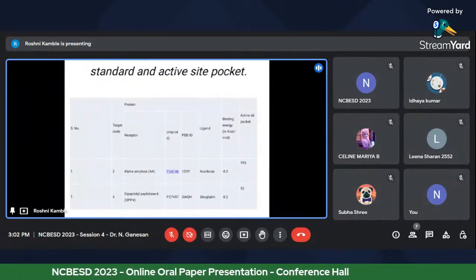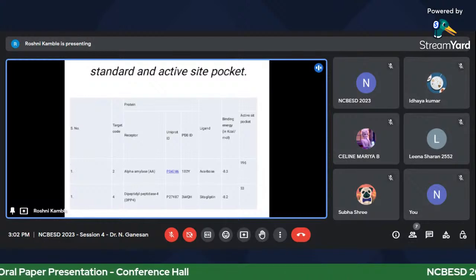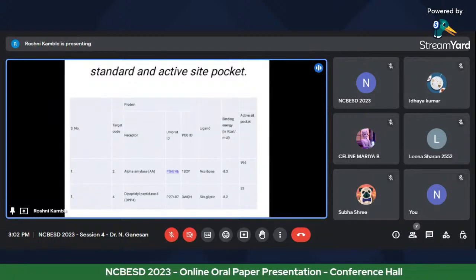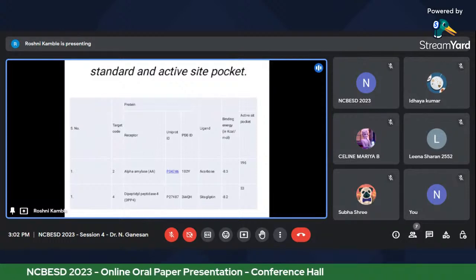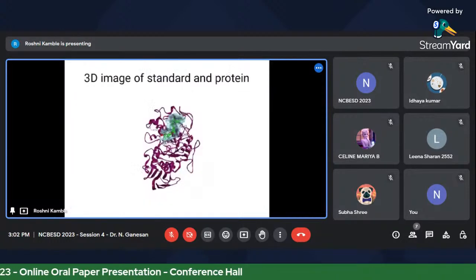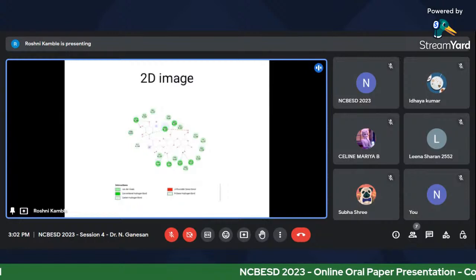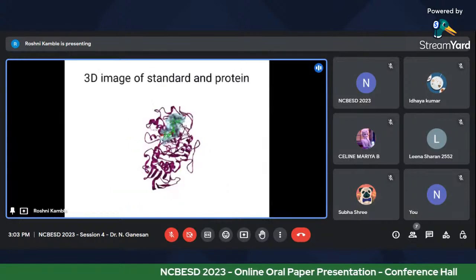Standard and active site pockets for alpha amylase. The binding energy was minus 8.3 and for DPP4 it was minus 8.2. The active site pockets matched with the phytocompound residue was 196, and for DPP4 it was 53. So this is the 3D image of the standard protein and our phytocompound, and this is a 2D image of this